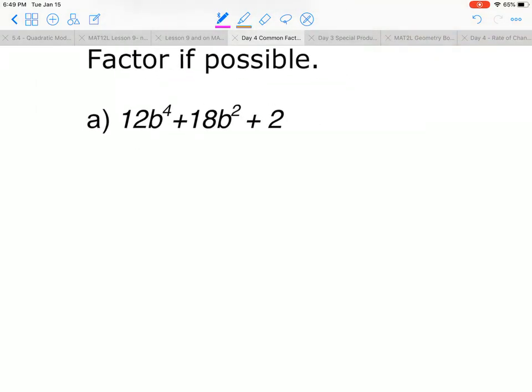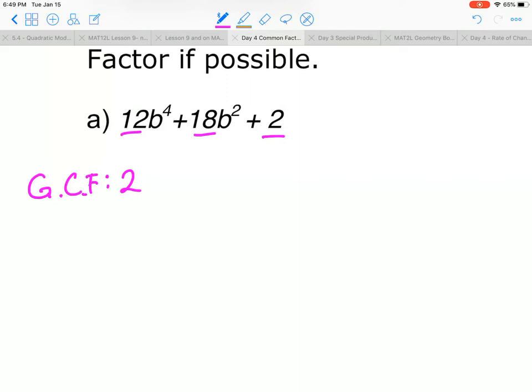So first of all, we have to find the GCF. So from the GCF, we have 12, 18, and positive 2. Those are the numbers. So find the common factor of those three, and we know that it will be 2. Now,